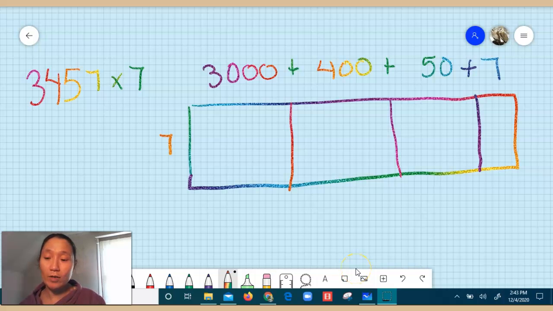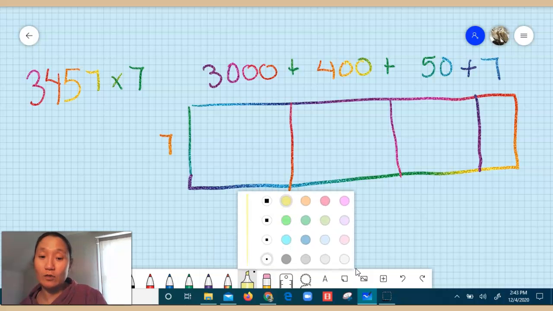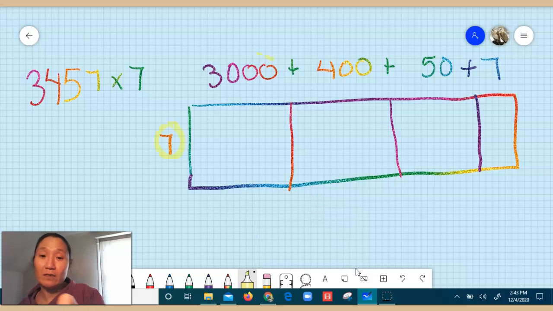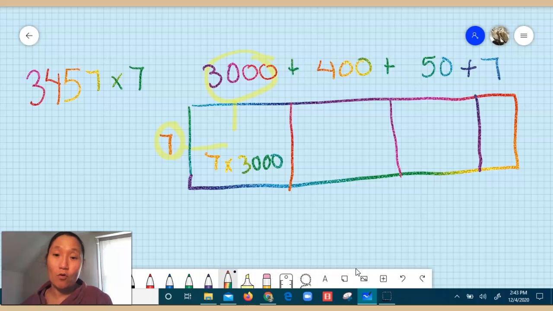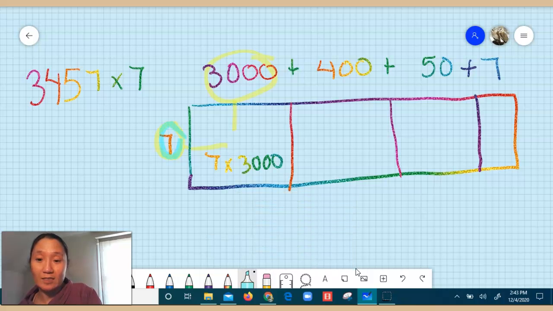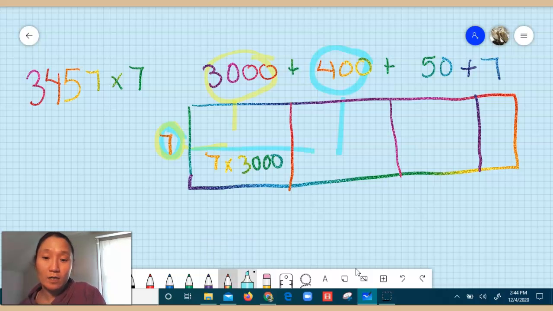So now you are going to put your equations in the box so that you know exactly what you're doing. So we have, you put the 7 and this, you drop those in the box. Okay, so that would be 7 times 3,000. You could also write 3,000 times 7. It doesn't matter. The next number you're going to do is going to be the 7 times the 400, and those will get dropped into the box. So then you'll have the 7 times the 400,